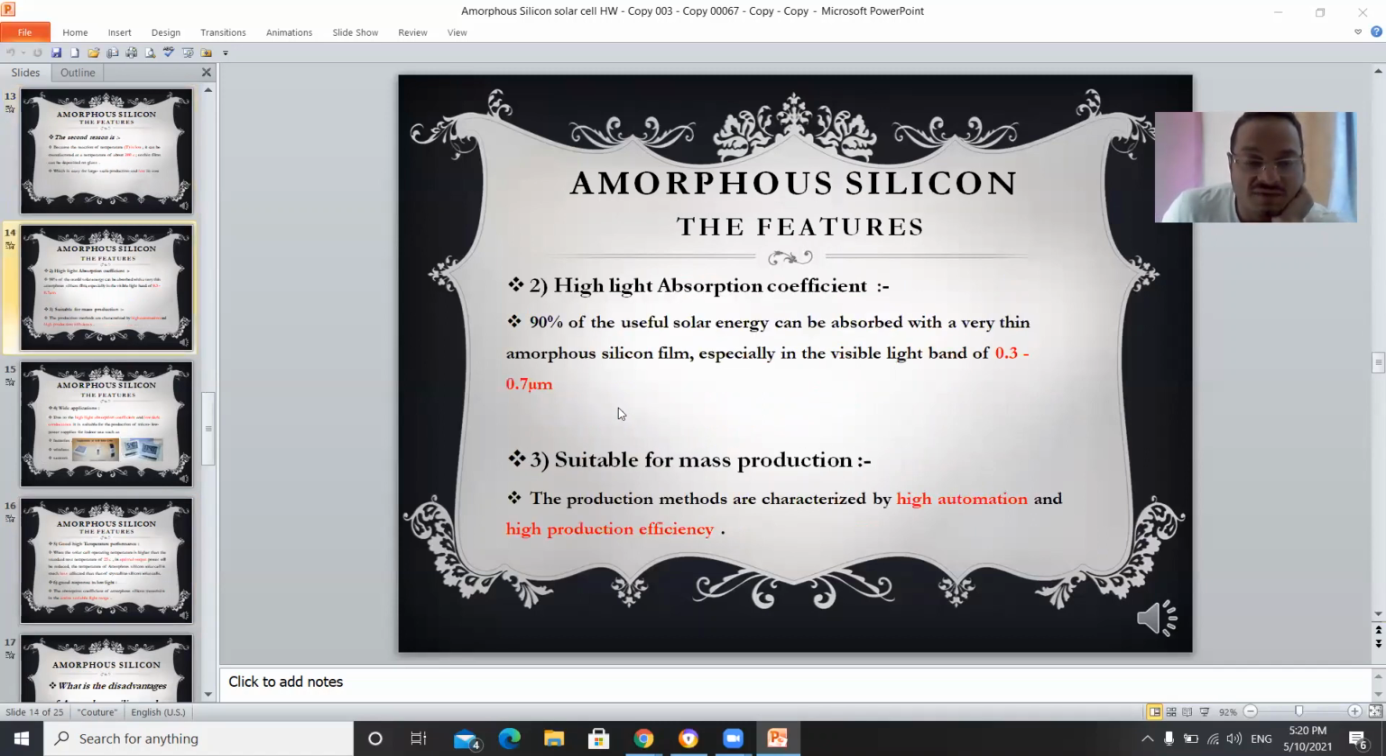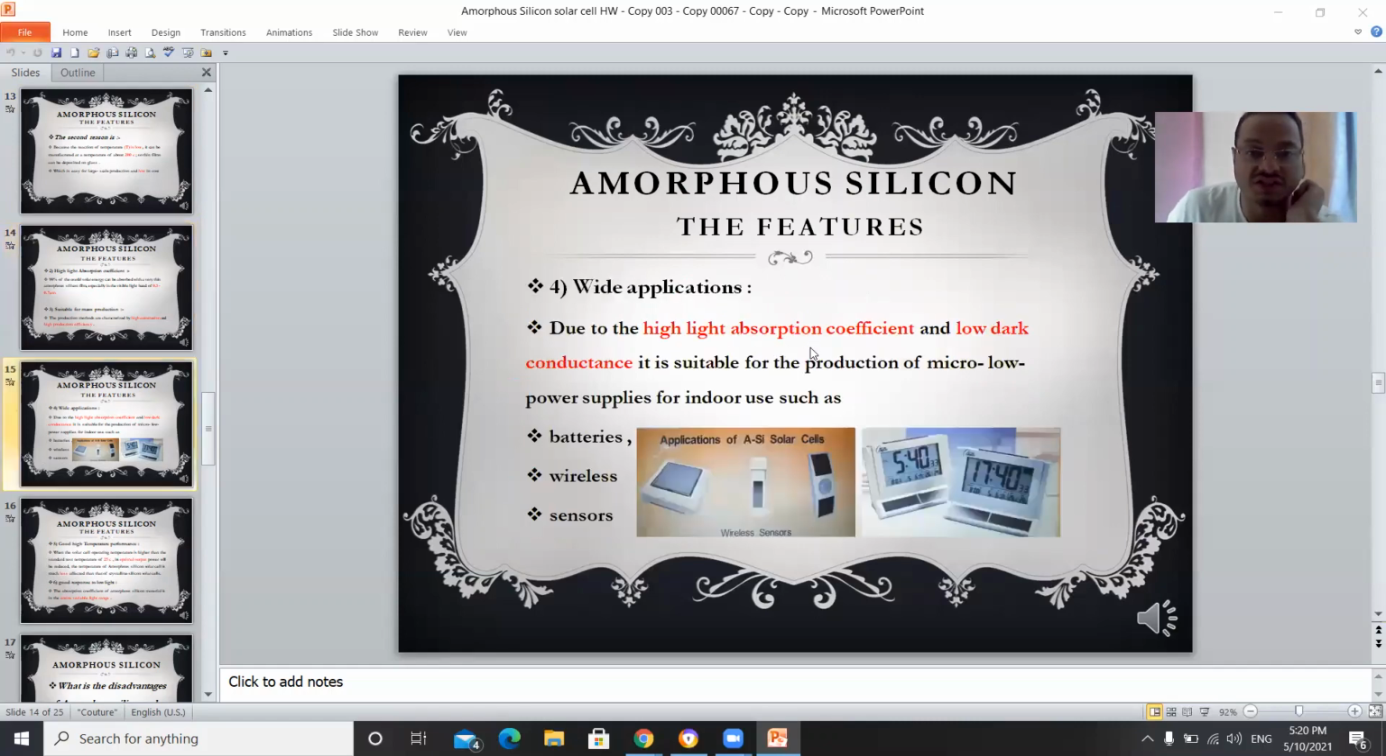And many features like that: high absorption coefficient, suitable for mass production, wide applications like the figures below. High absorption coefficient and low dark conductance, it is suitable for the production of